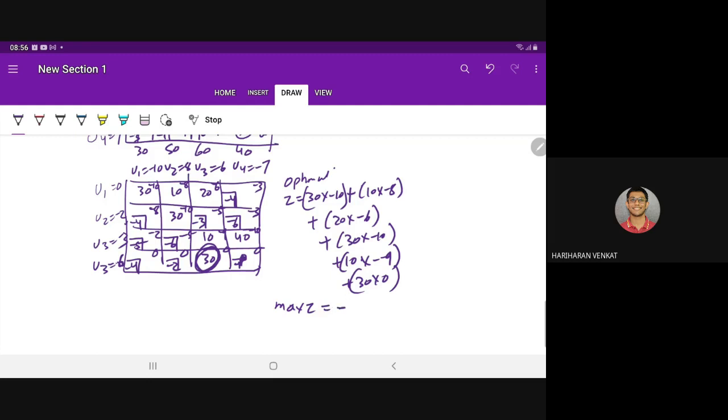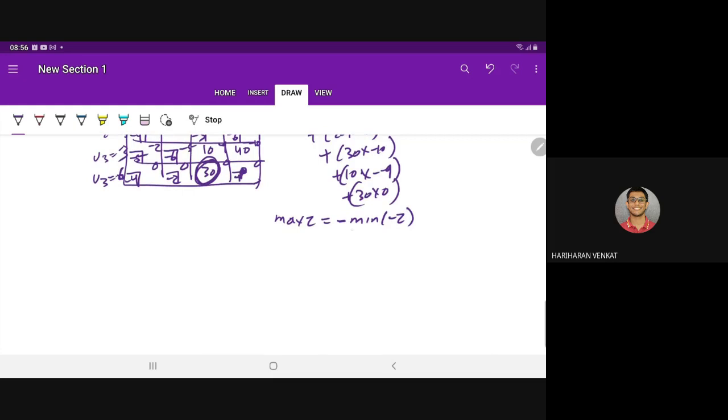One this, and because we have taken the maximization as the minimization of the minus z, minimization of the minus z will come something negative. Something negative will come from here, right? After adding, something negative will come, so that will become the positive. So that is your way to determine the solution for the maximization problem. First, convert the maximization problem into the minimization problem, right? Apply the transportation algorithm, right? And then multiply with the minus sign to get the optimal solution for the maximization problem.